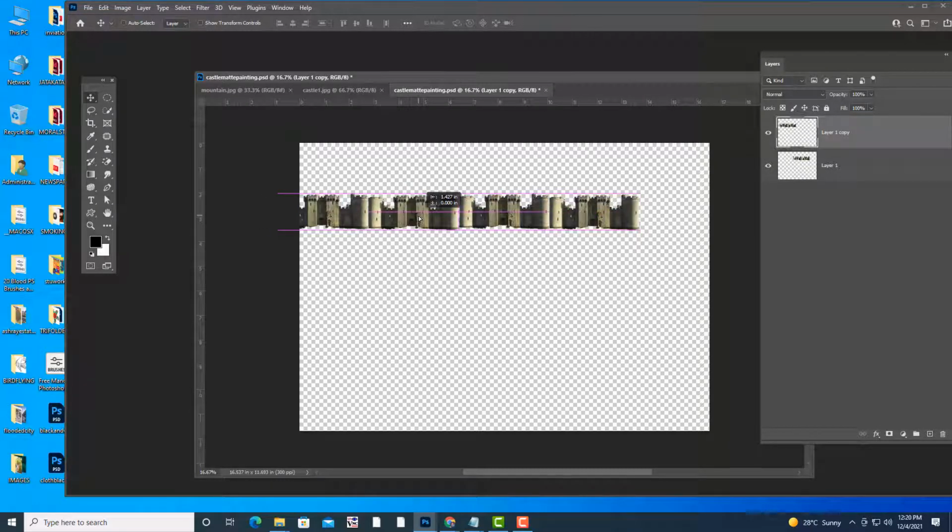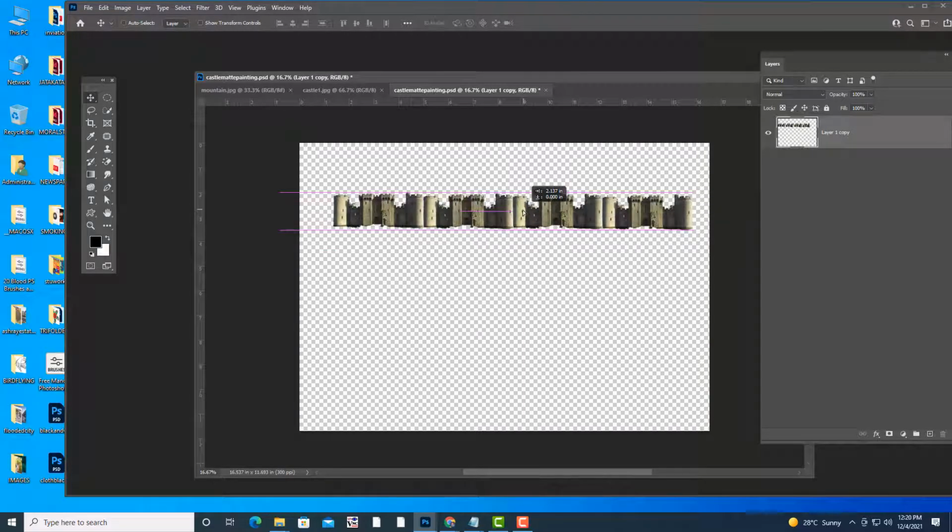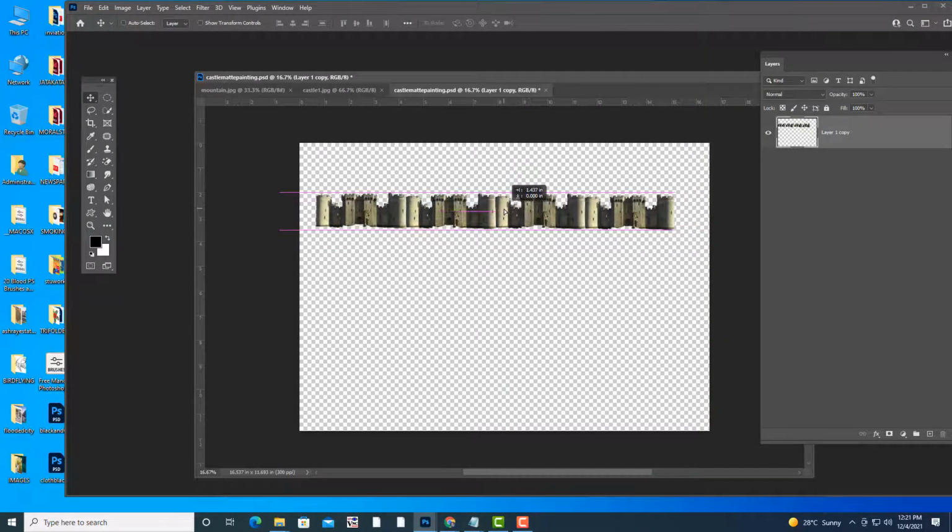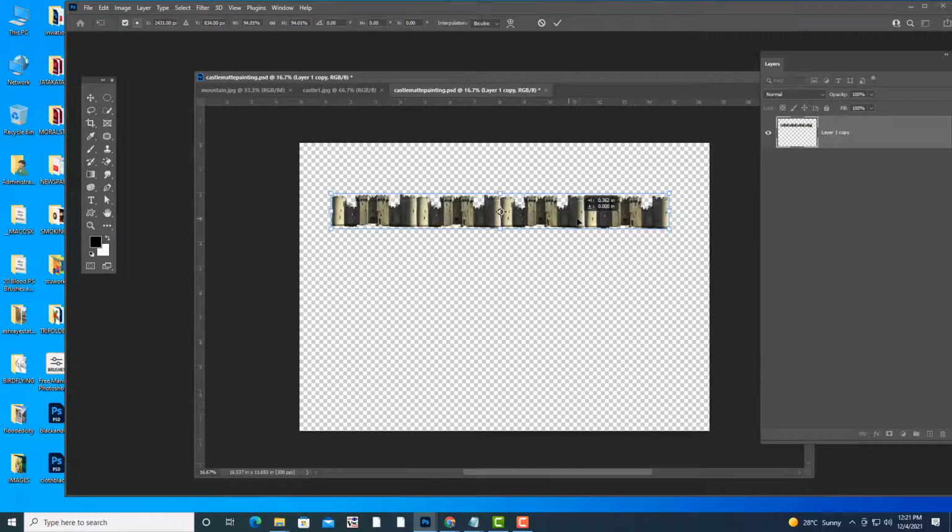Okay. So we'll merge it again. So this is the castle actually. So we'll center align.